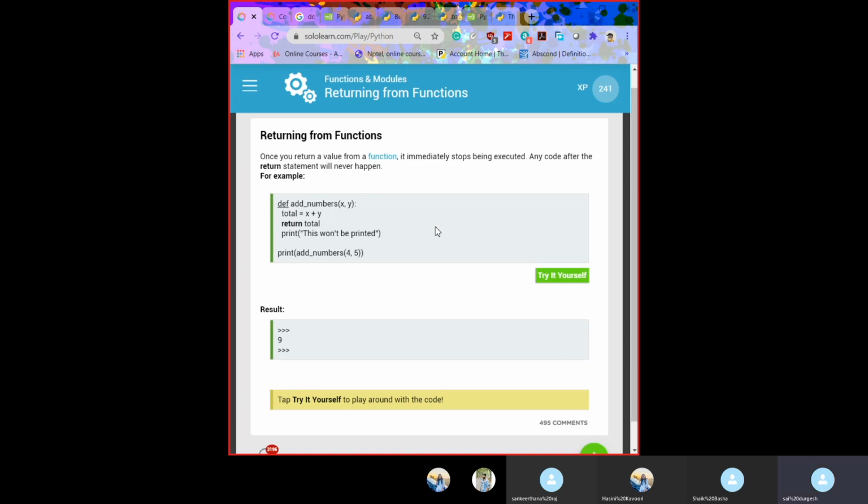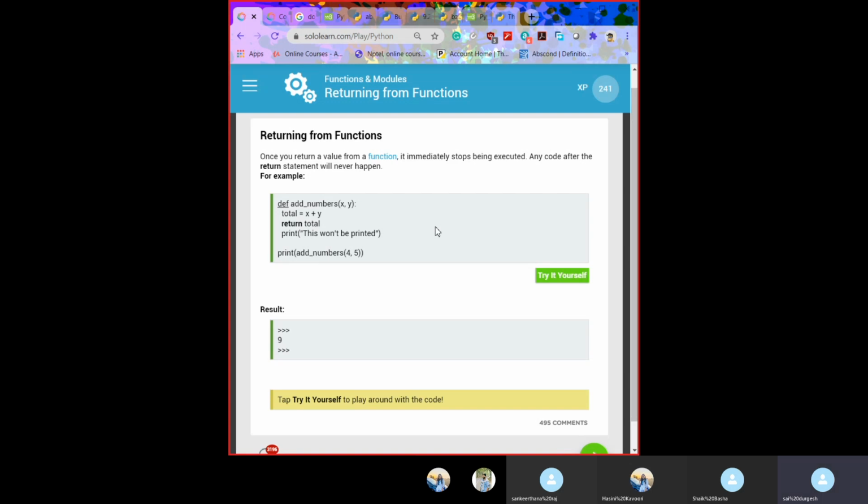See this page: once you return a value from a function, it immediately stops being executed. Any code after the return statement will never run. I think everyone got this by reading. As we discussed, the return only returns the final value.